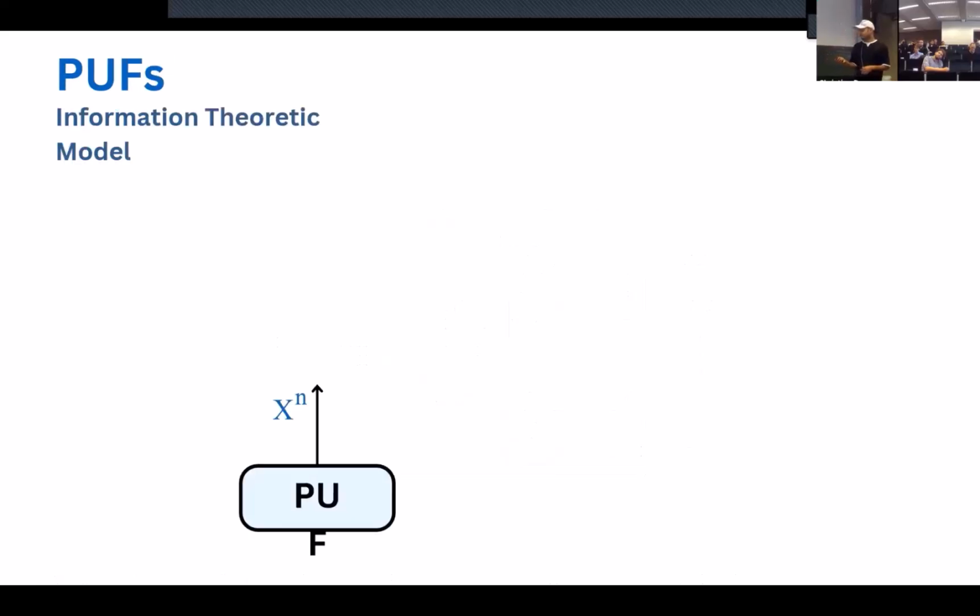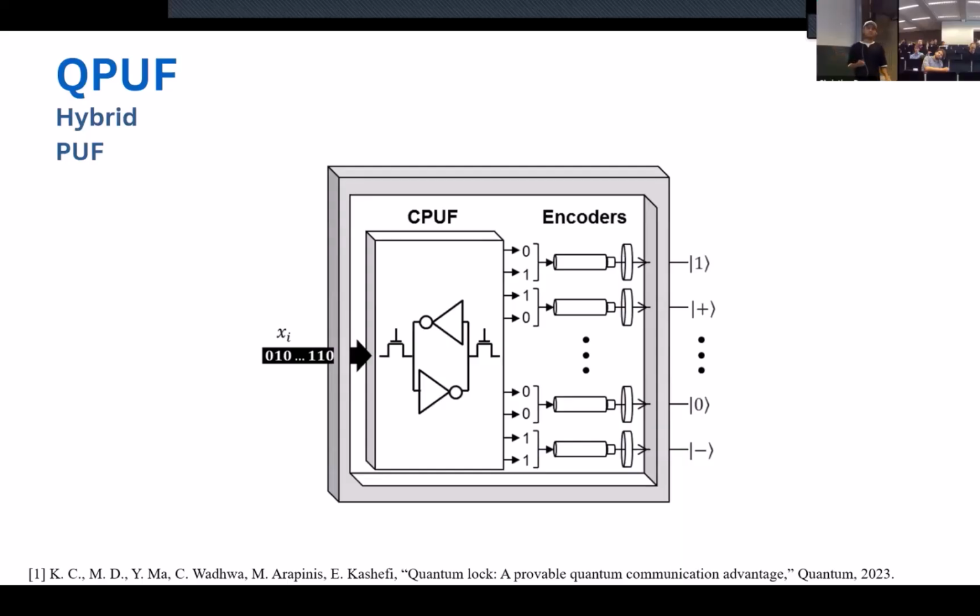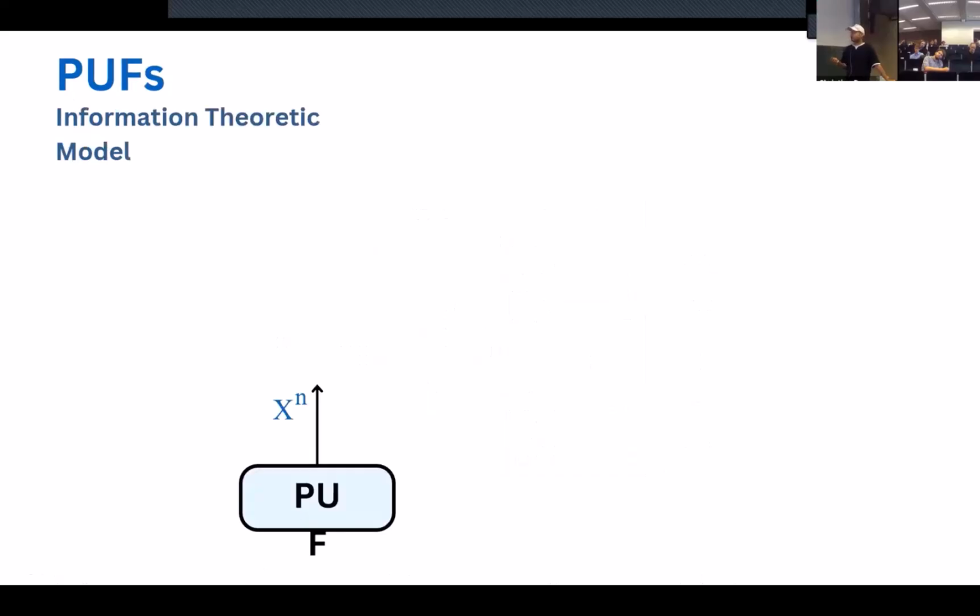So yeah, these were some examples of quantum PUF, just to give you a review of what is going on in the quantum PUF. I'll quickly go through the information theoretic model of quantum PUF, like how do we consider PUF in information theory. So PUF in information theory is usually considered as a bipartite source, but if you allow input, it gives some output.